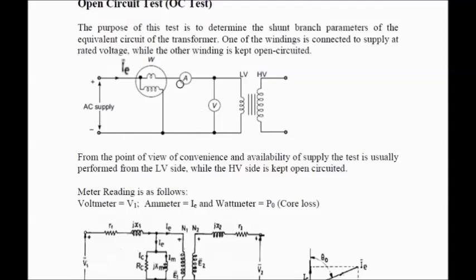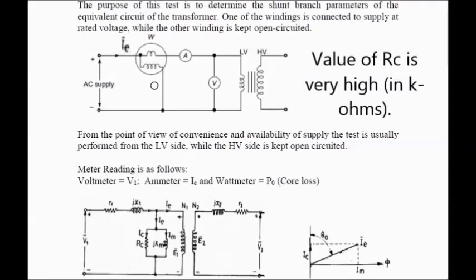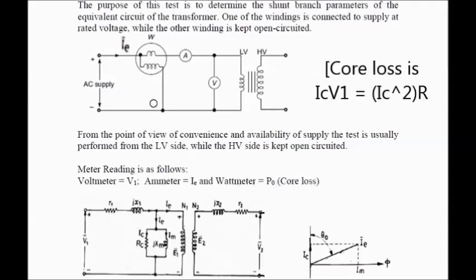See, actually this is the low voltage winding side we are giving supply to, and on the low voltage side resistance and reactance are very small, so the total impedance on the primary side is only a fraction, in decimals, and also only no load current is flowing through this primary side. So I square R is very small and negligible as compared to core loss. So the wattmeter mainly measures core loss power.